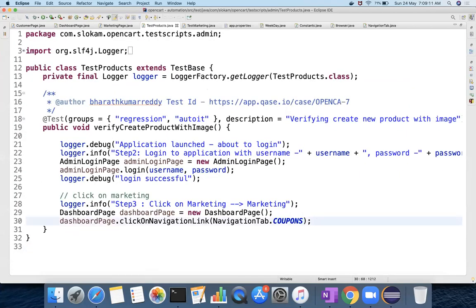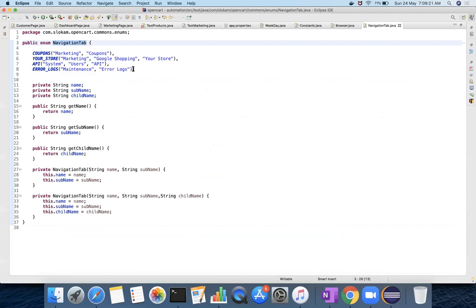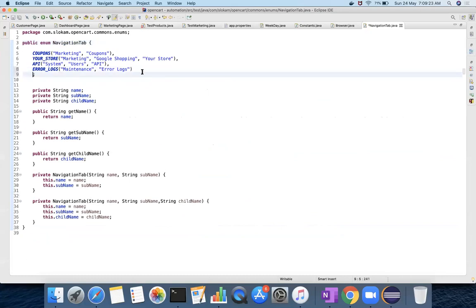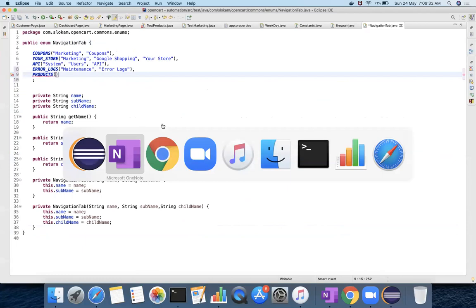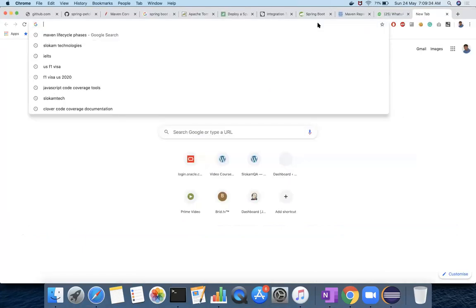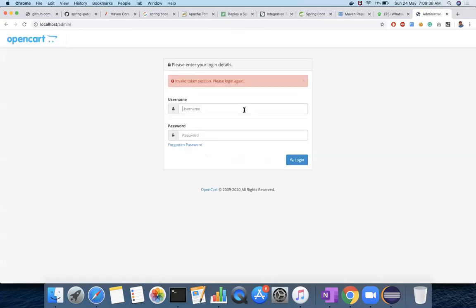We have to go to products. This product is not there, so I need to create the products. Let's see where this product is available in our localhost slash admin.